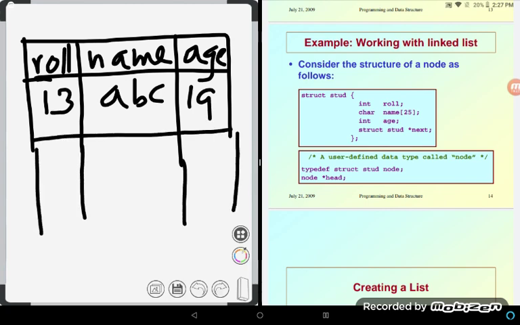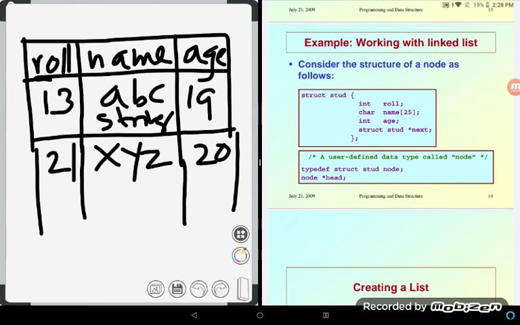And the second piece of information: this one row is one complete piece of information. And what are the column headings? Roll number, name and age. This is something like information management. How are we going to manage the information? And this is not homogeneous data. The first one is an integer, the second one is a string, and the third one is also an integer. Next, roll number 21, the name is XYZ and the age is 20. Like this we will record all the information.